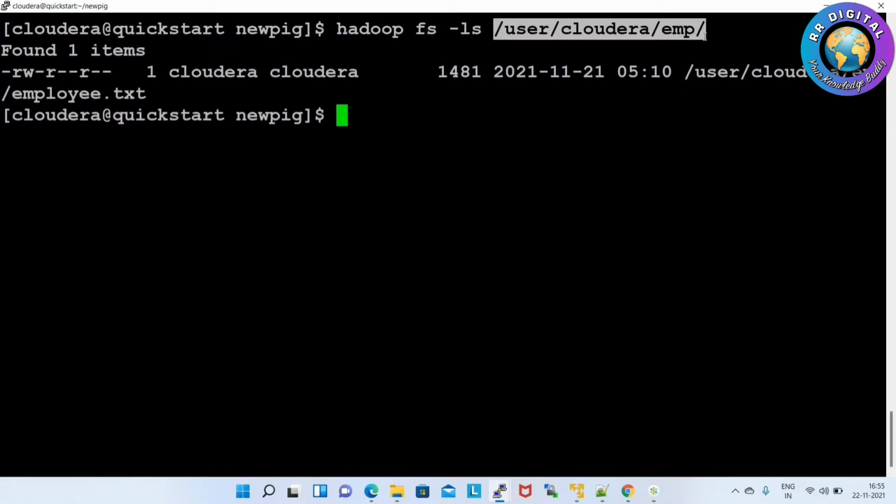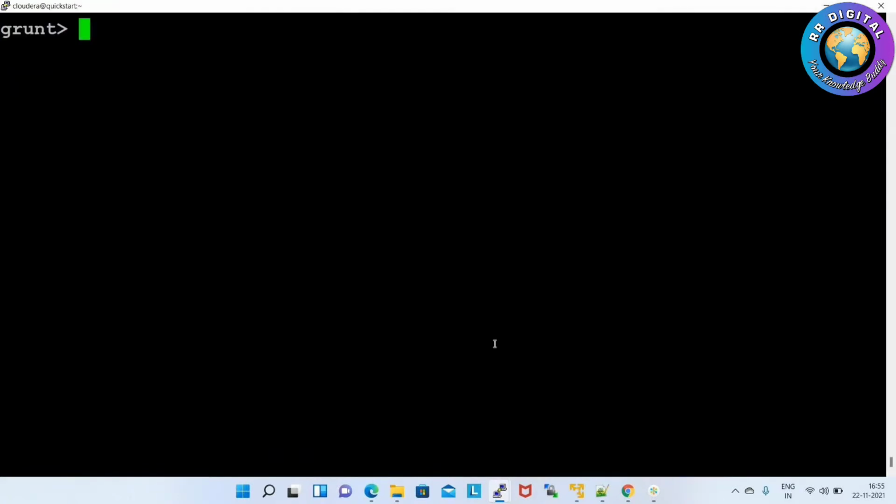Now I have to create a bag for this data. Bag name, I'm giving a; you can give employee or whatever. Load is a keyword, that means we have to load the data. The data file is available under user cloudera emp, the employee.txt file. The data is separated by which symbol, that we know.